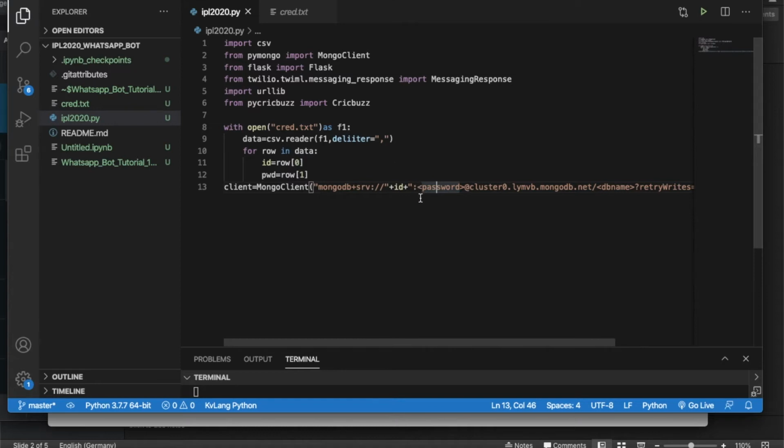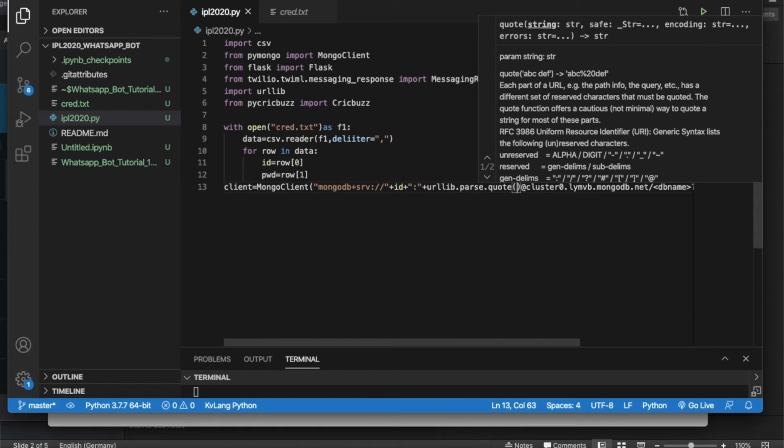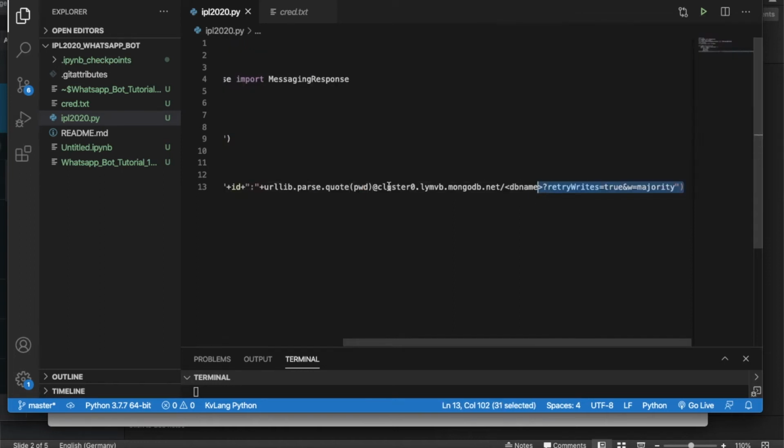After the ID I have to click this and this, then I have to use urllib.parse.quote_plus, and inside that I'm going to put my password, so it should be pwd like this. So until this point everything is clear.